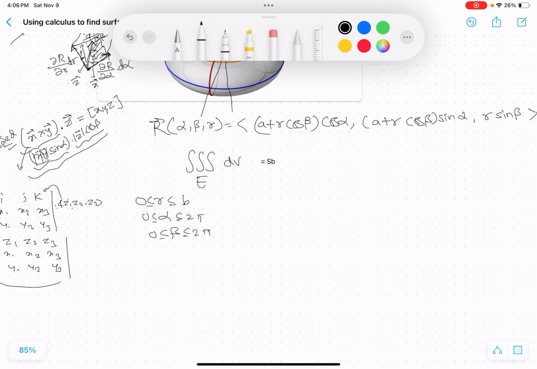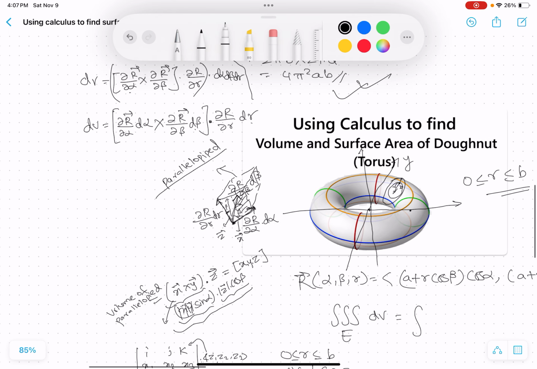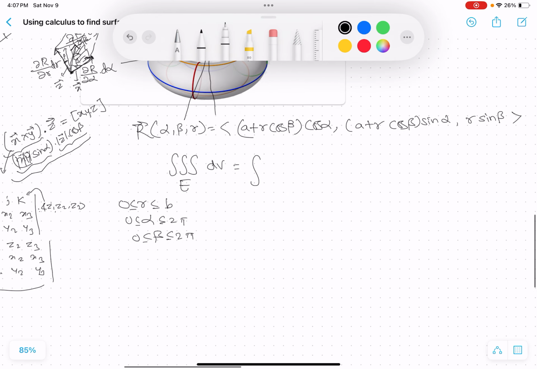Oh, it's not being deleted. Nice. Okay, now, so while r goes, we now know the dV element, right? So yeah, we'll just do it now. While r goes from 0 to b, alpha goes from 0 to 2 pi, beta goes from 0 to 2 pi, dV